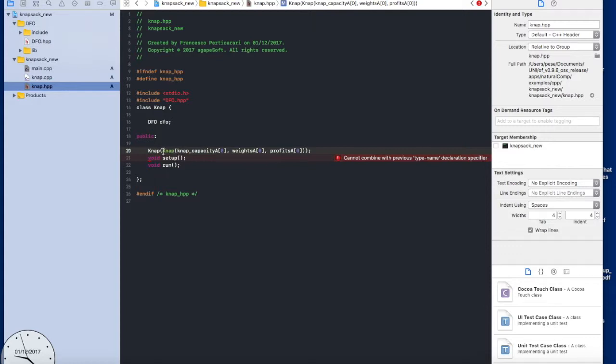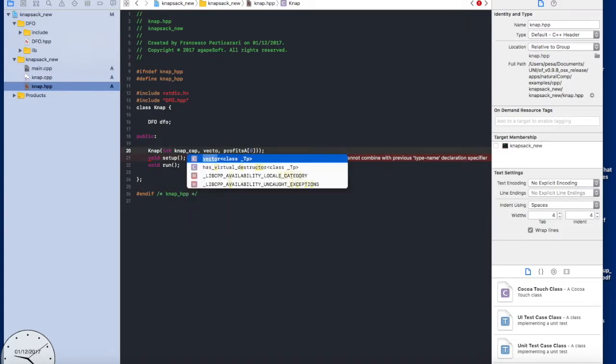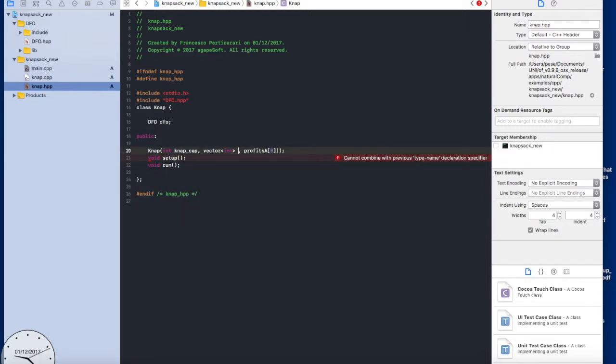So we need an int, okay, and that's going to be the knapsack capacity, and we need a vector of int that's going to have the weights,